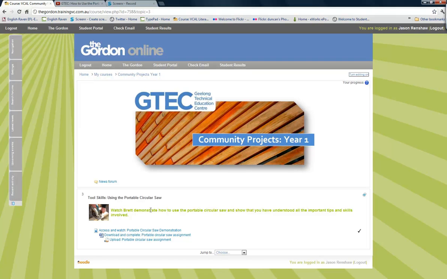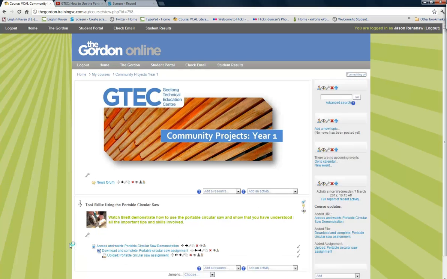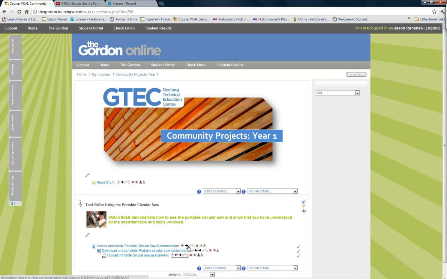Now if I just tag that one unit, what you can see is it's reasonably attractive. It's easy for the learners to go to the section with the portable circular saw because there's a little icon there, and it's very easy to access these resources. One other little thing I can do here, I could leave it just like that, that would be fine, but one thing I like to do is line up these resources and activities so that they line up with that descriptive text, and all I'm doing is hitting that arrow to move everything across a little bit,